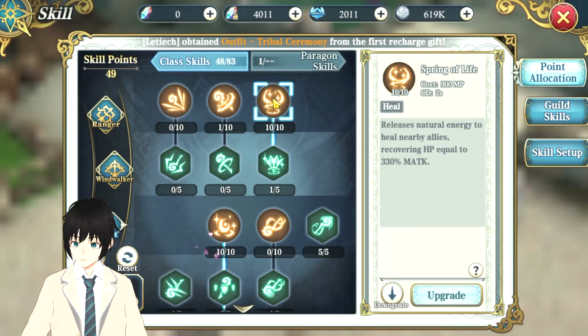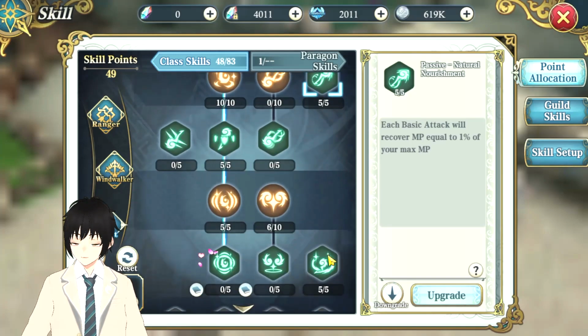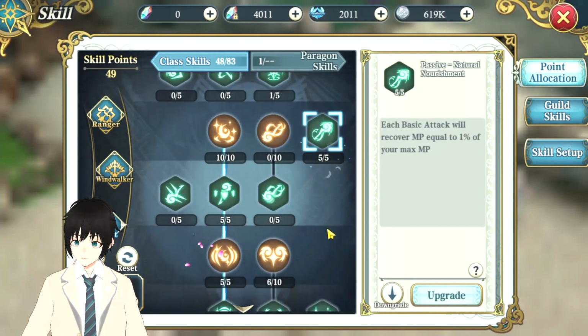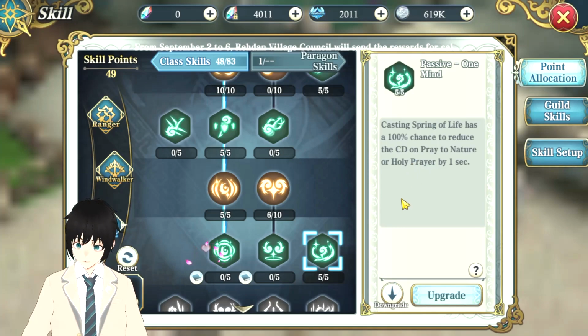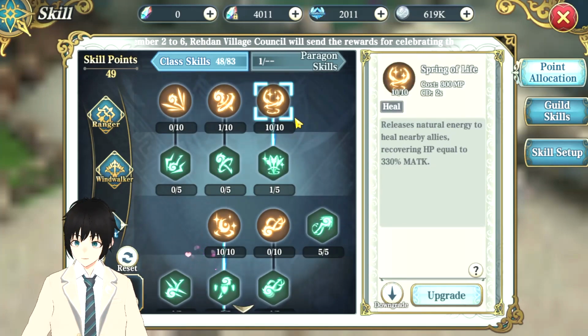So Spring of Life, the passive Natural Nourishment, and then this one, the One Mind passive. These 3 work together very, very well, and you have to get them maxed out. Because if you don't max this one out, it starts off at 20%, 40%, 60%, 80%, and 100% at 5 out of 5. You definitely want the 100% for consistency, because we will be able to cast Spring of Life quite a lot,